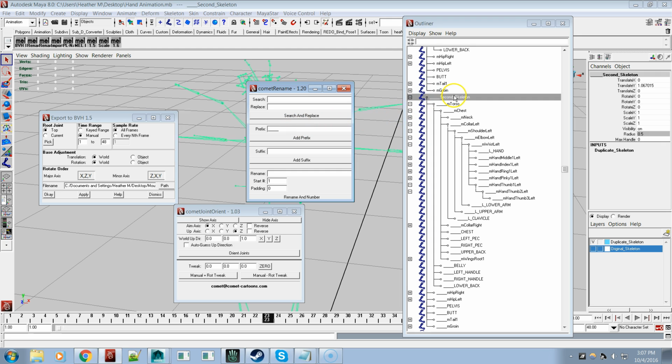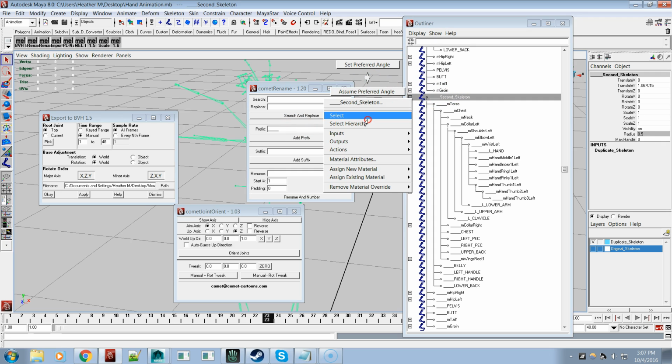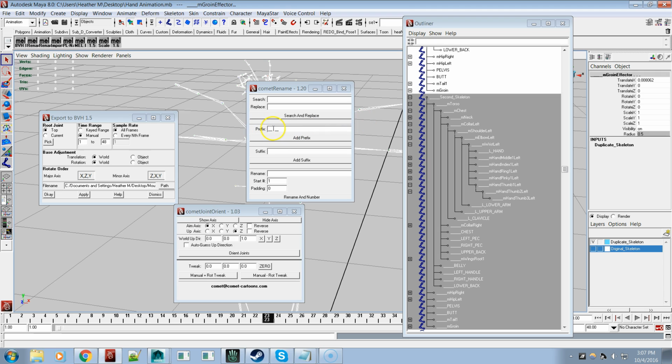And all I had to do was select the root of the skeleton, select the hierarchy, came in here to prefix, and I just put a bunch of underscores for the prefix and hit add prefix. And what that did was it put prefixes in front of all of these. So basically it changed the name of all of them, because when I was trying to do joint orientation with Comet joint orientation, it would say, oh, there's 2 of these in there. Same way with